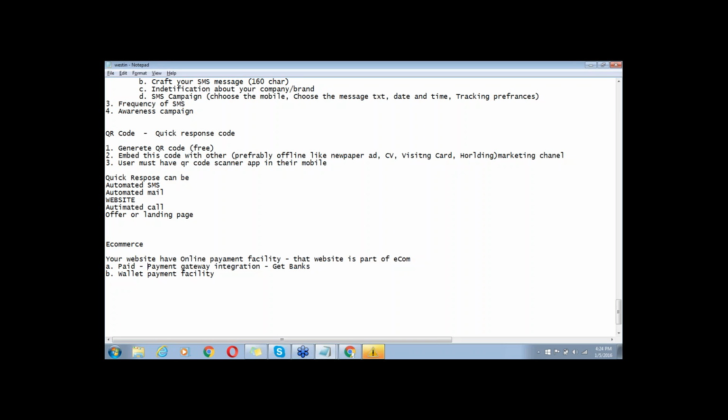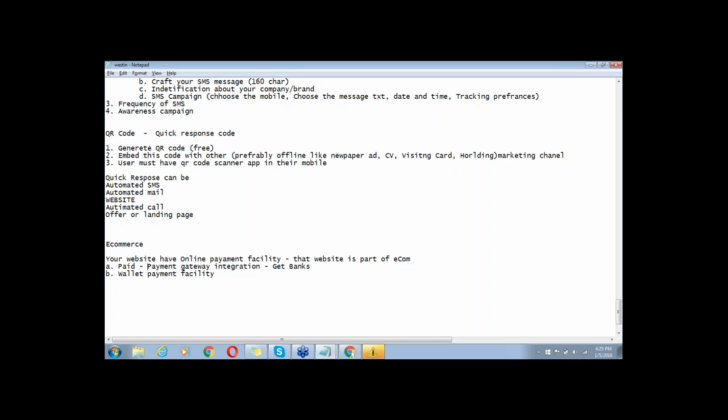They physically verify everything, and then they will give you the payment gateway facilities, and you can integrate that payment gateway facility in your website by some coding. You have to take your developers' help to integrate that payment gateway in your website. Once that payment gateway is embedded in your website, your customer gets the facility to do the payment using a variety of options, like they can use their credit card or debit card.